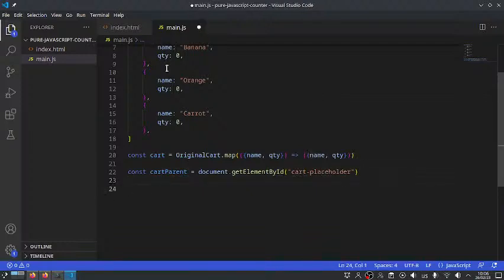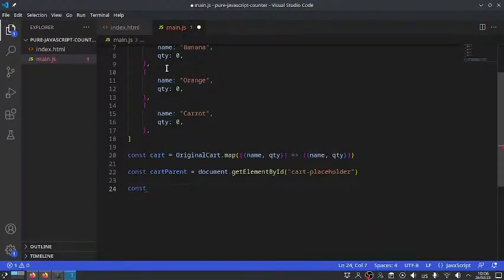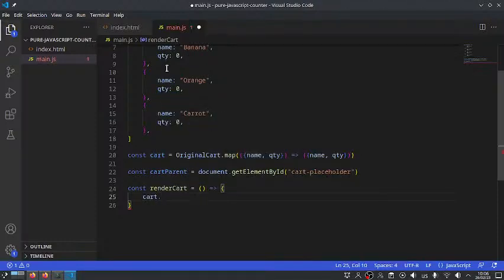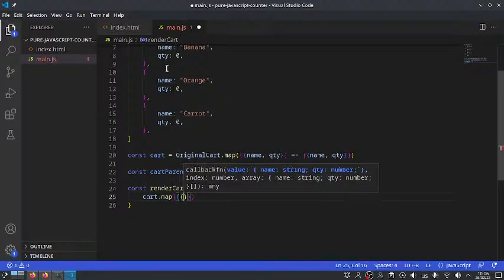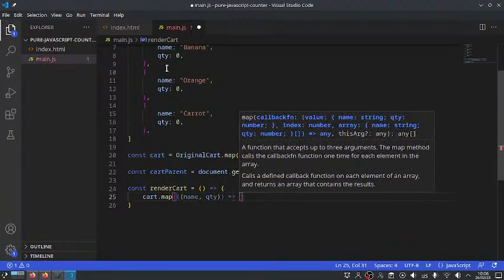Now render cart. What render cart should do is take the cart and then for each item in the cart